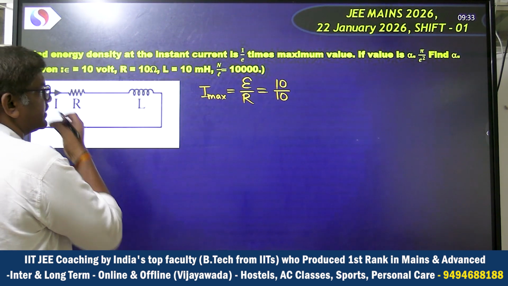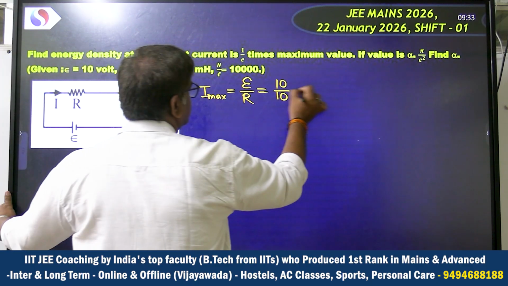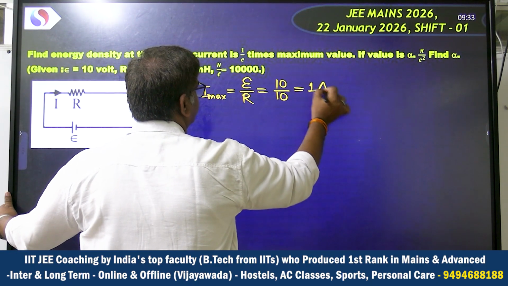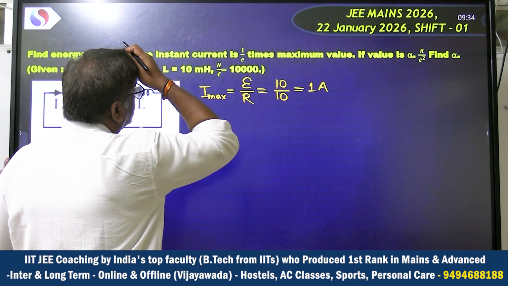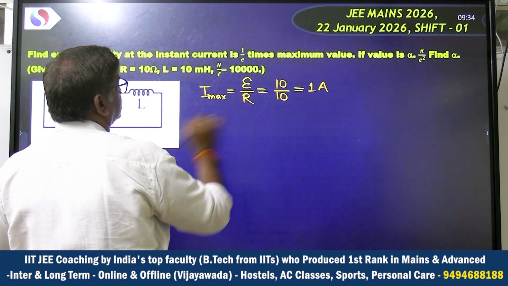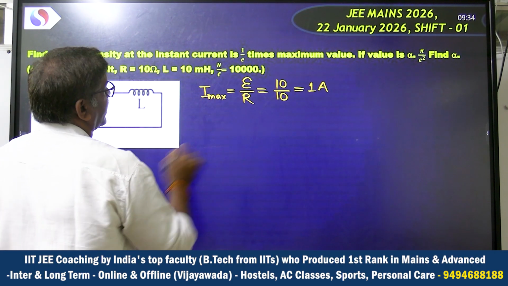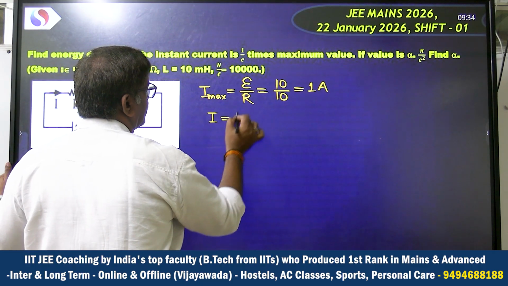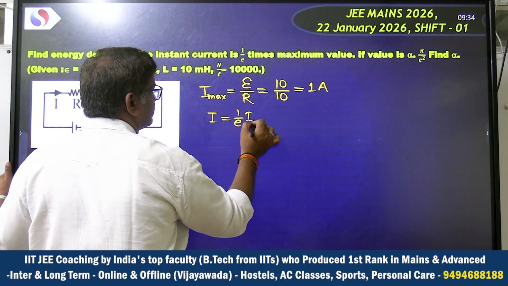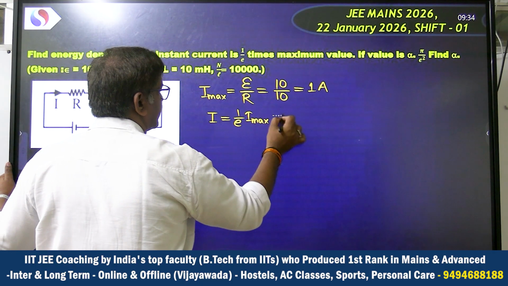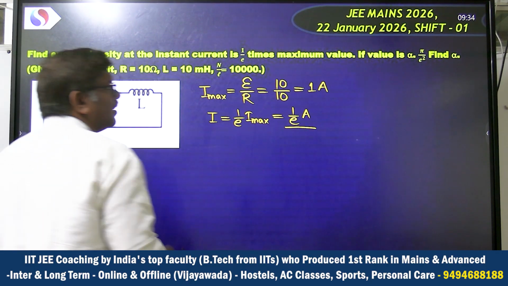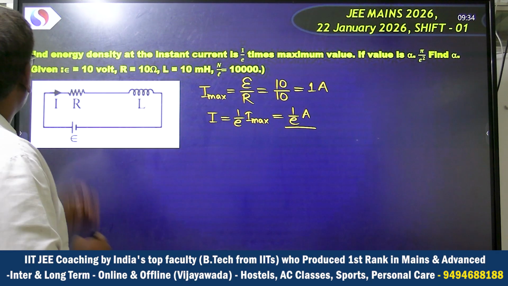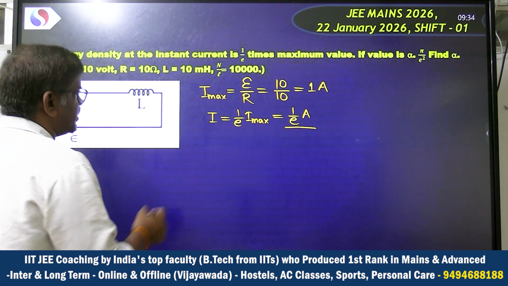Okay. 10 by 10, that is 1 ampere. And they are saying that current will be 1 by E times of the maximum. So it will be 1 by E ampere. Now talking about the energy,